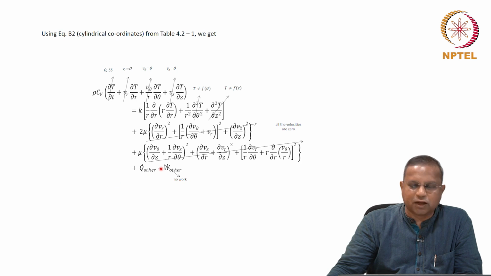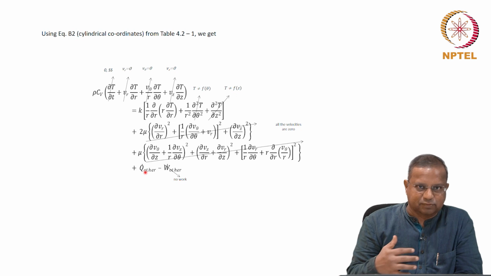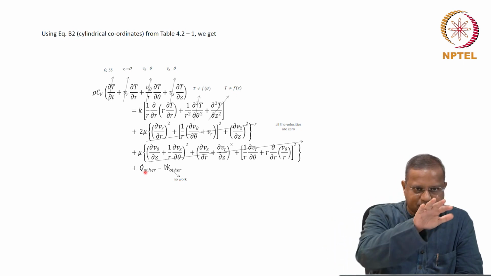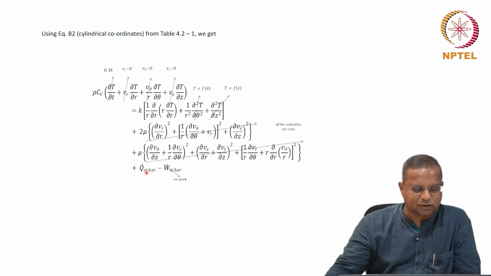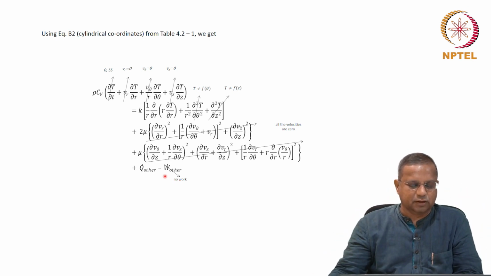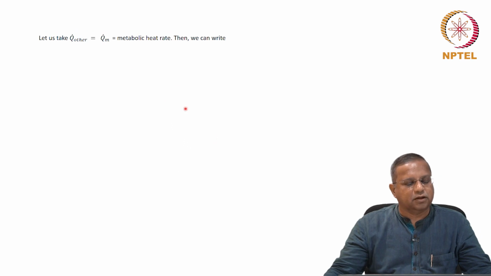There is of course q dot other, because there is metabolic heat that is being generated as mentioned. That heat comes in, even though blood is not a part of the system. Those heat aspects coming into the tissue, or being generated in the tissue, that is fine. That is being considered as a whole black box kind of a thing. Minus w dot other, there is no shaft work that is done in this case. So this is what the equation reduces to. Are we going to call it something? No. That is the balance equation.